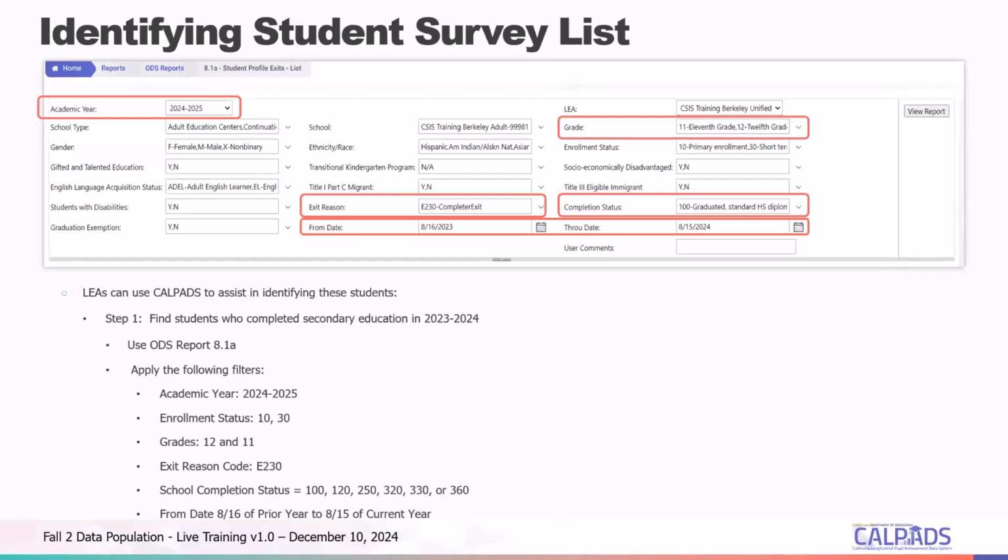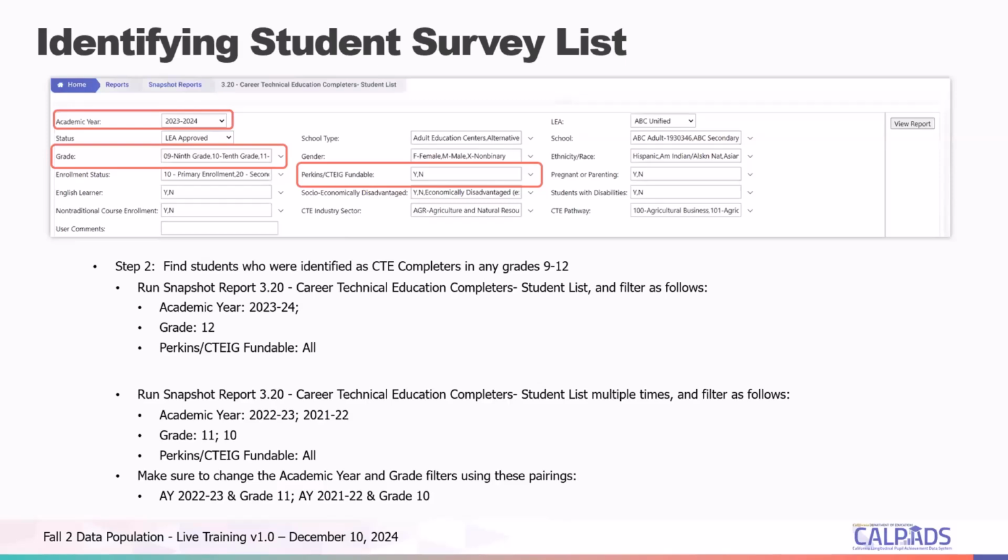Once we've determined our high school completers, we will need to identify which of those high school completers were also CTE completers. And this slide shows us the screenshot for report 3.20, which we will run in order to determine the CTE completers from our high school completer list. So you'll run this report and you'll filter for academic year 2023 to 24, so the prior academic year.